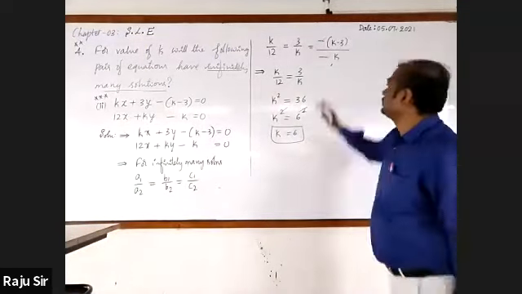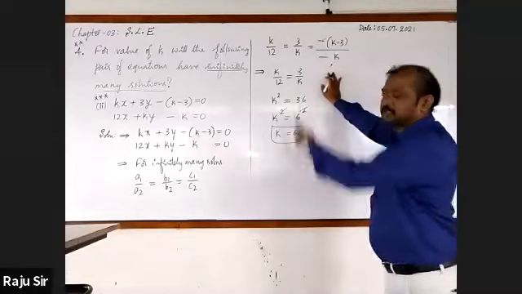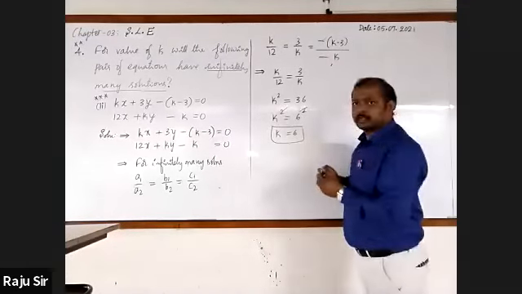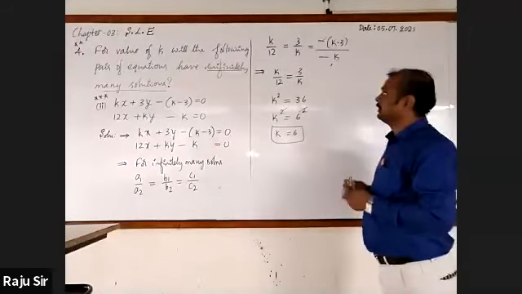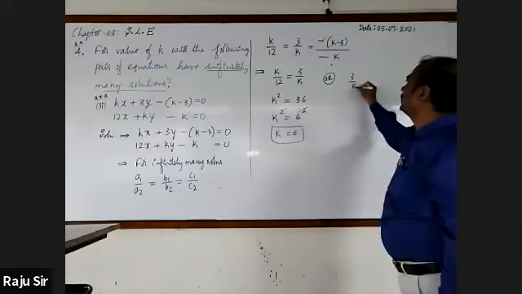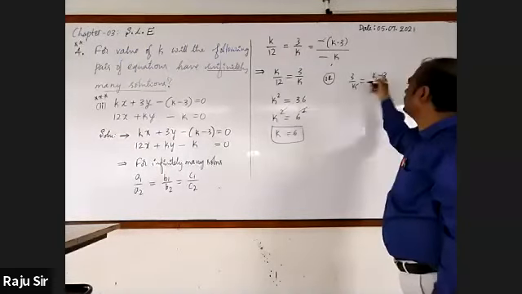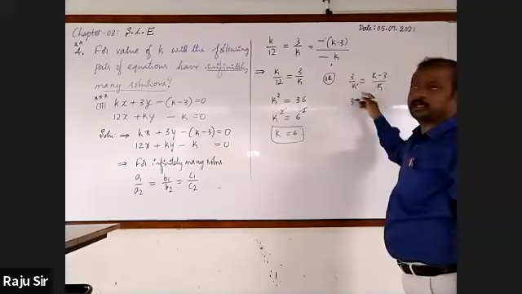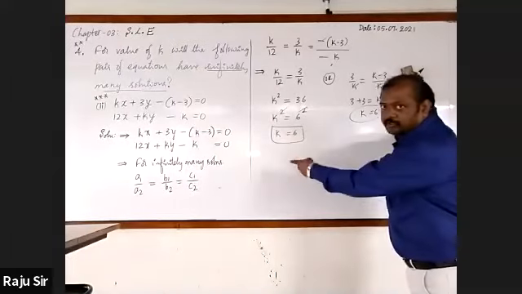Look at it. As k is present in all the three ratios, is there any other value of k which satisfies the given condition? Here 6 also satisfies, no doubt at all. But is there any other possibility? Please don't write, observe. We have a chance of taking last two also. 3 by k is equal to k minus 3 by k. Here k and k get cancelled. It is 3, transfer minus 3 to the left hand side, plus 3. This is equal to k. K equal to 6. So the same comes, right? Got it? K value is 6.